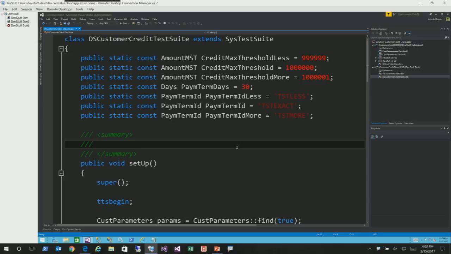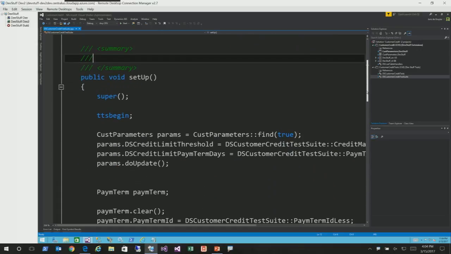One of the best practices that we've come up with, and this obviously uses some new X++ features here, is that this test suite class actually exposes a couple of public static constants, meaning that in this test suite class, I can set up a couple of specific data examples that I can now reuse in all of the test classes that I'm going to make. In this case, there's a small customization in here that has to do with the credit max on a customer. It's somewhat irrelevant, but it ties it back to payment terms. So what this is doing here in this setup code,